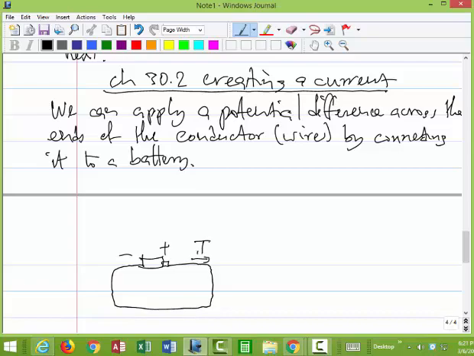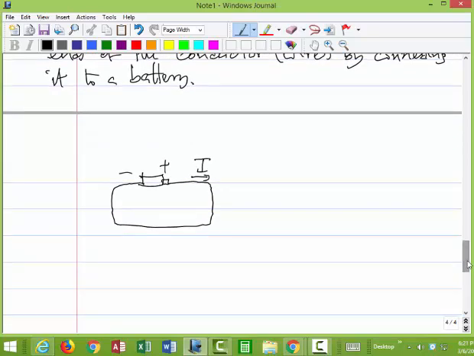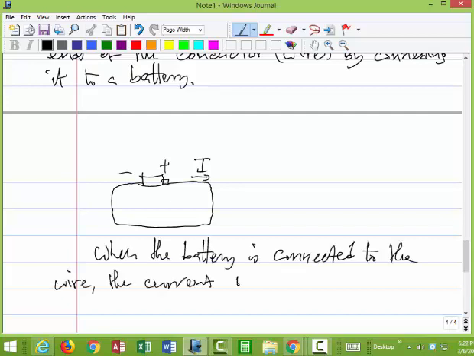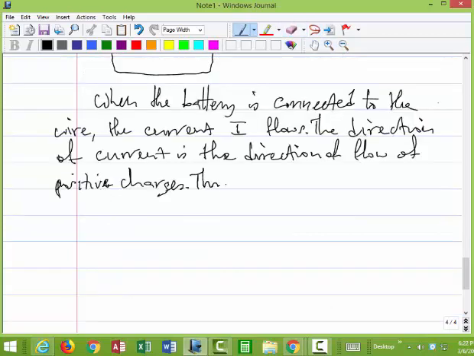So current direction is the direction of flow of positive charges. And in reality, it's just a convention. So we can say that when the battery is connected to the wire, the current I flows. The direction of I is the direction of flow of positive charge. So this is a convention